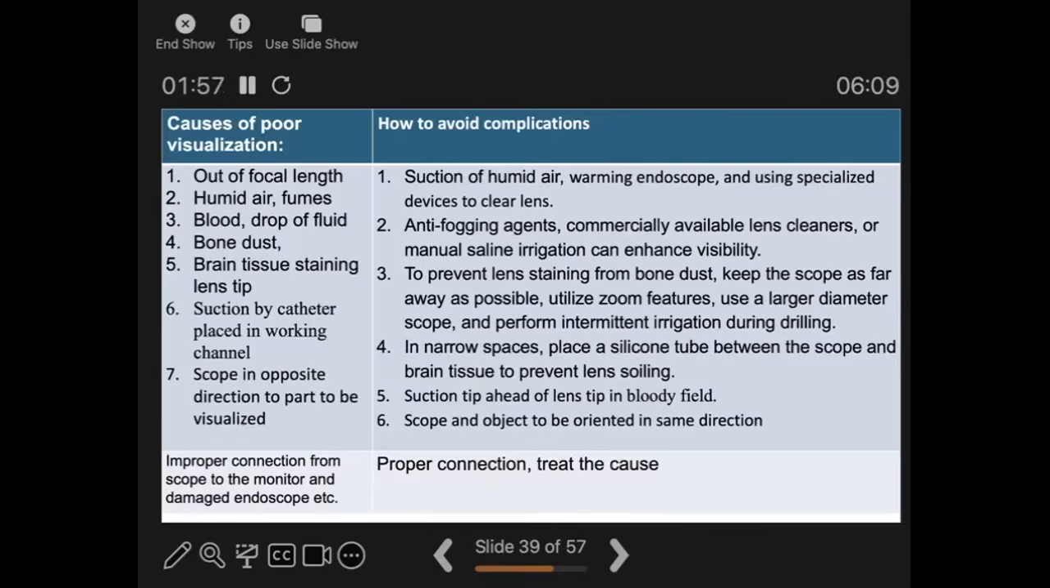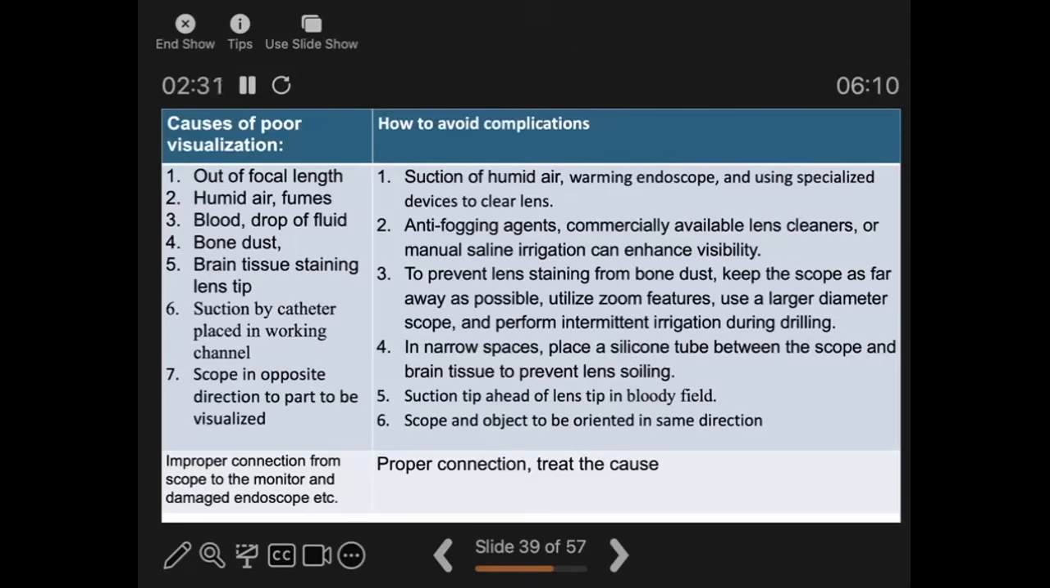Blood, fluid droplet or bone dust on the lens tip also cause poor vision. Keep the scope at an adequately far distance. Use zoom function or large diameter scope to prevent swelling during drilling, and perform intermittent irrigation during drilling to minimize